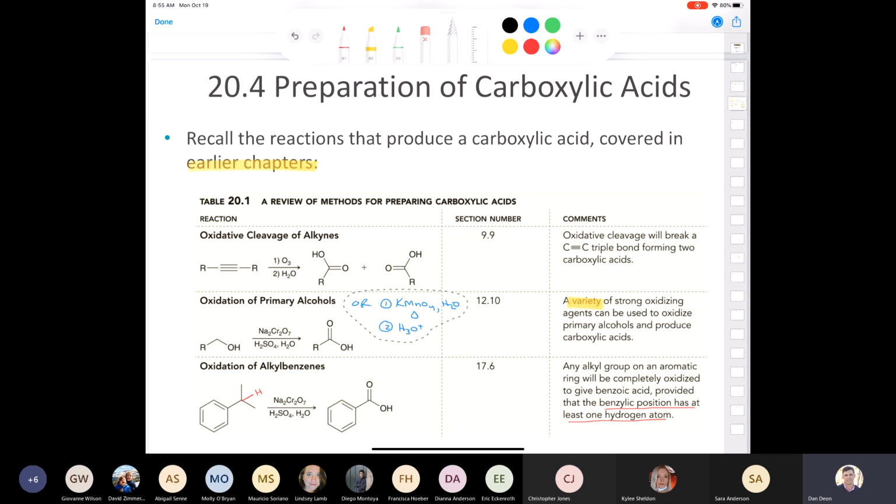So we'll copy that in here. Yeah, that'll work as well. So we've got a couple options there. All right, so those are ways that we've learned to make a carboxylic acid. Let me show you a couple of neat ways to make a carboxylic acid. The first one we already looked at